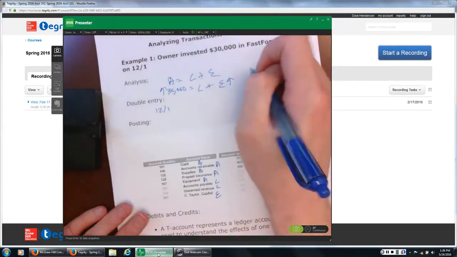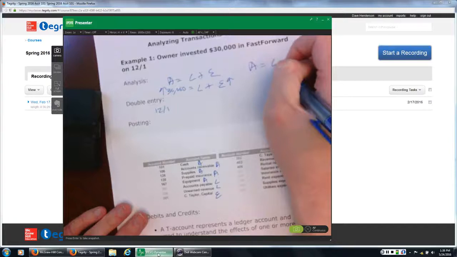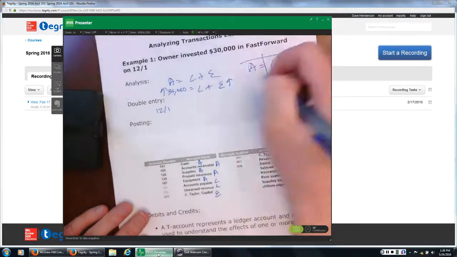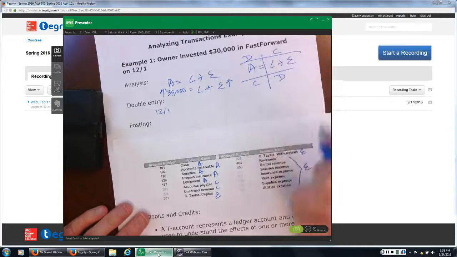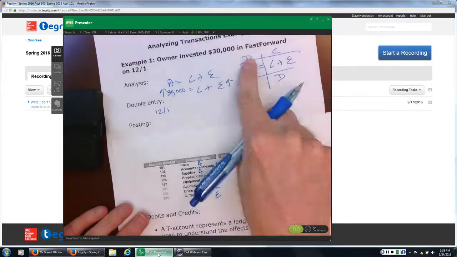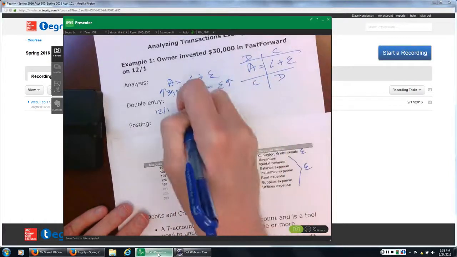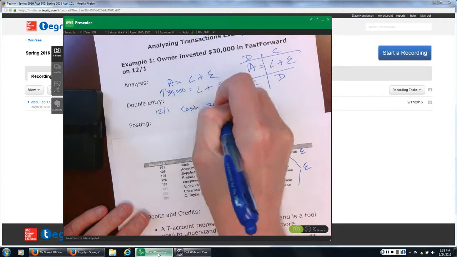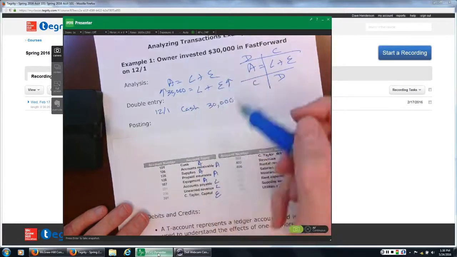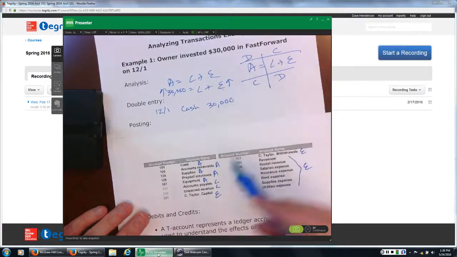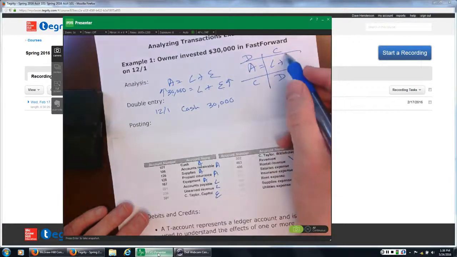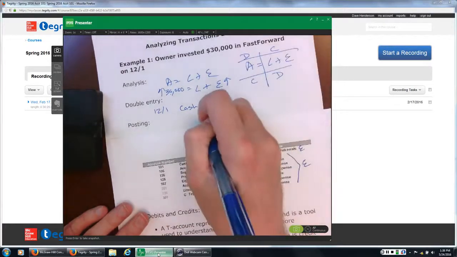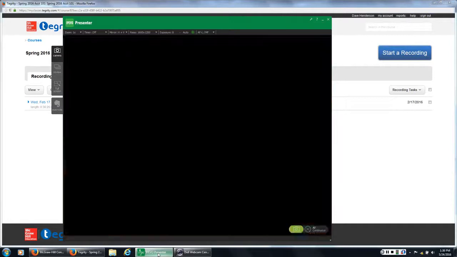With a debit. Okay? So how do I show that an asset is going up? With the debit. So I debit cash for $30,000, and then what else is going up is equity is going up, and specifically Taylor Capital is going up. How do I represent that? With the credit. So I would credit C. Taylor Capital